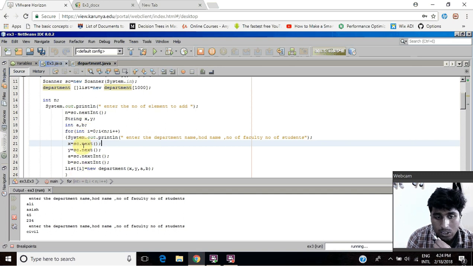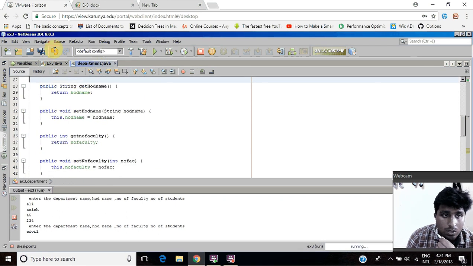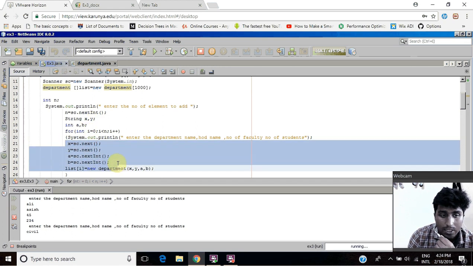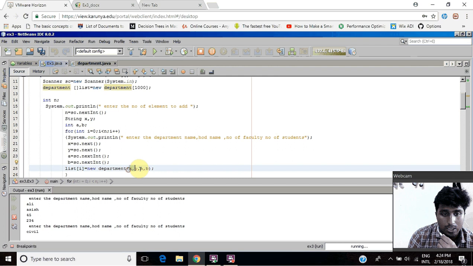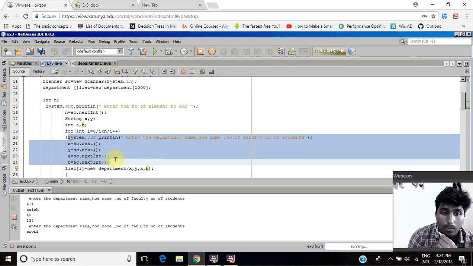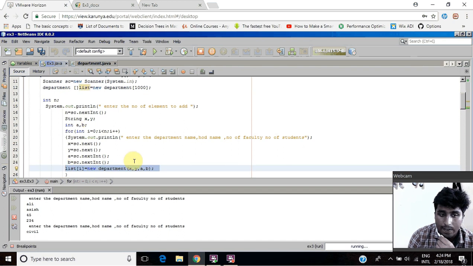For these five objects, we require four data members each, because we have created a constructor function that is parameterized. So we need to pass the arguments for the object at the time of object creation, and that is being passed here. For that, we ask the user to enter the department name, HOD name, number of faculties, and number of students into these variables respectively, and we pass these to the constructor at the time of